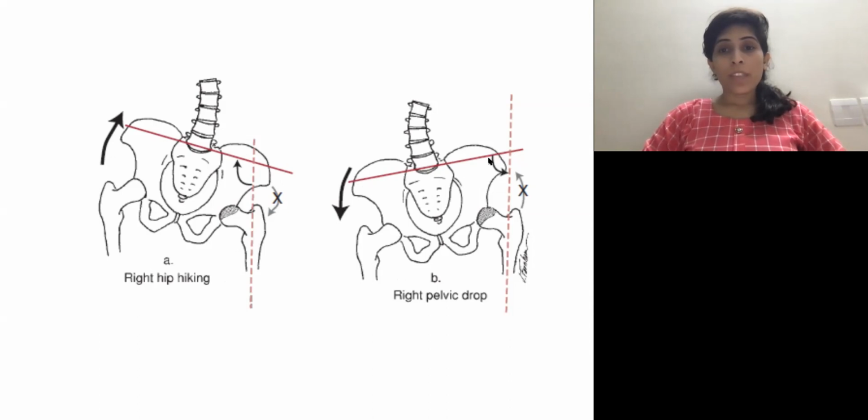Generally, when I say pelvic hike and pelvic drop, our attention will be on the pelvis, the motion in which it is occurring. So if I say the right hip is going for the pelvic hike, then I'll see the angle on that side also and observe the motion here. So always this angle will be measured on the opposite side. Okay, it won't be measured on the non-weight bearing side.